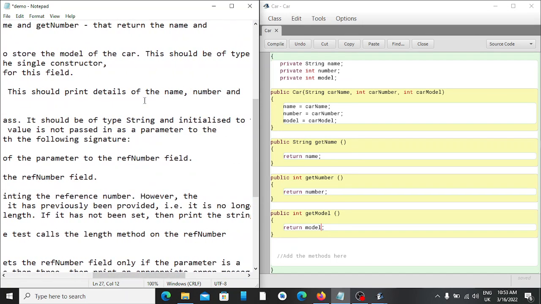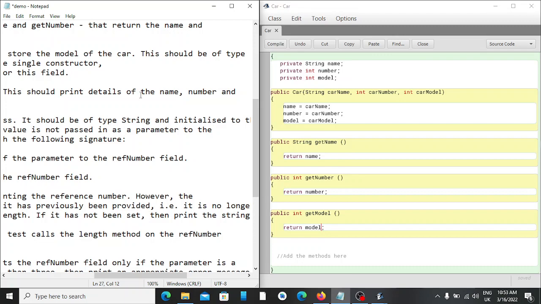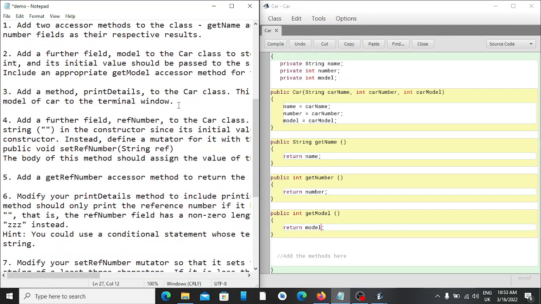This should print details of the name, the number, and the model of the car to the terminal window. So we are going to create another method. So public, it doesn't return anything, so it will be of type void, and then we will name it printDetails,